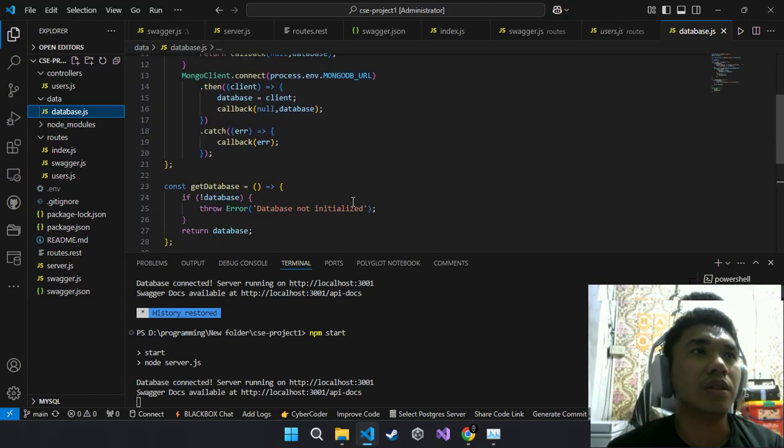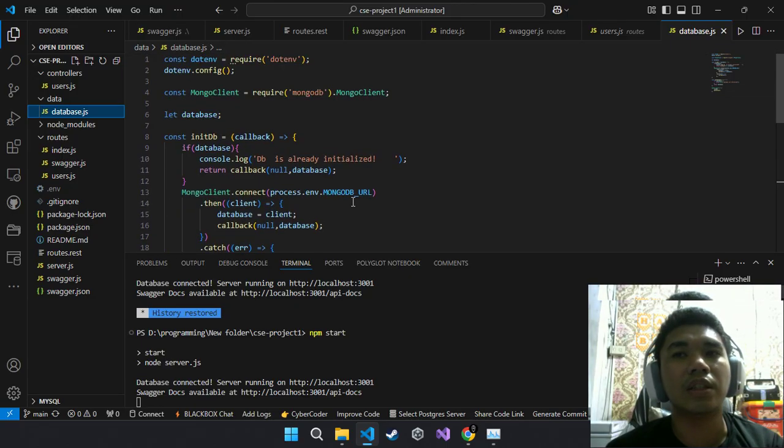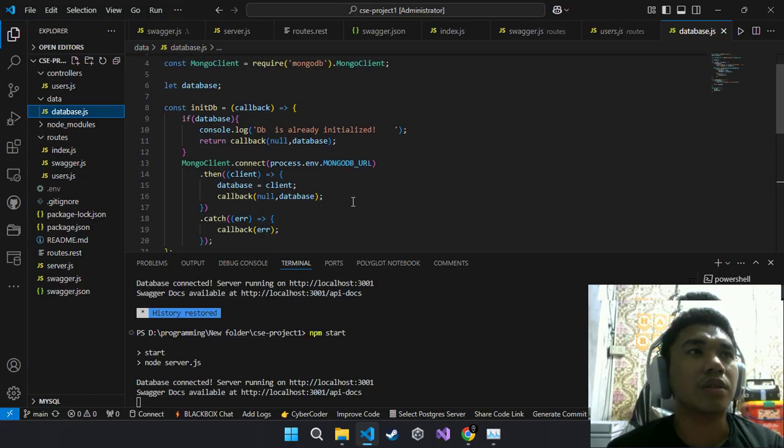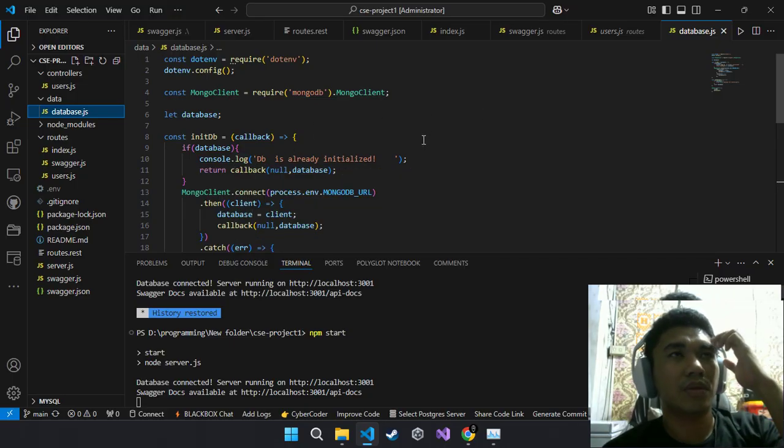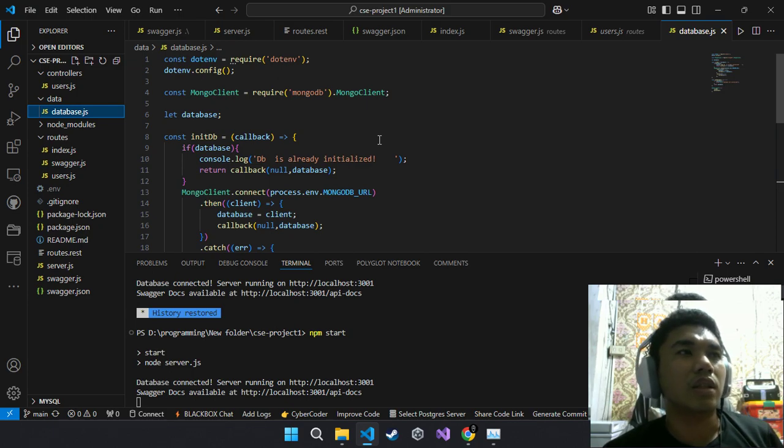So this is the configuration for the server. If this file isn't here, it will not run the server or the data types connected to the MongoDB.